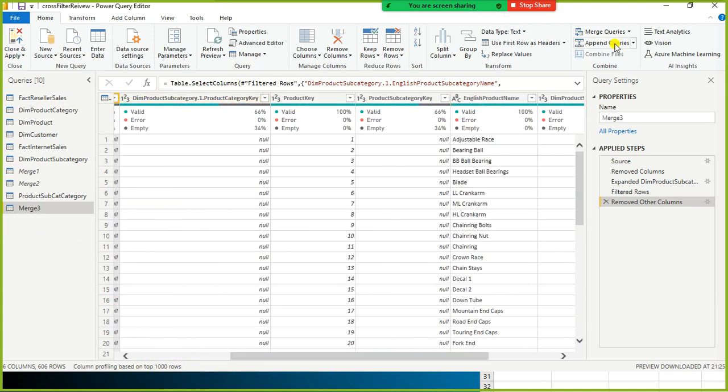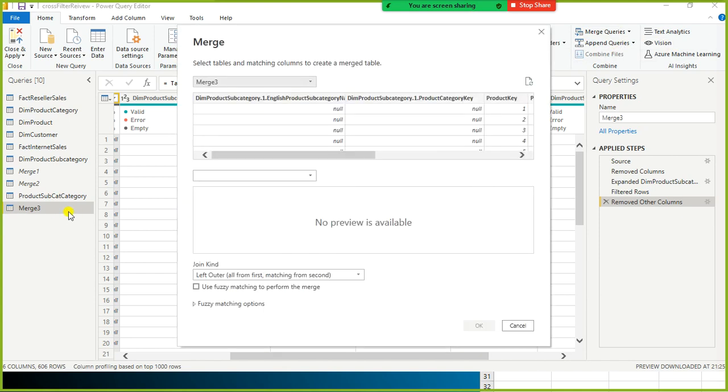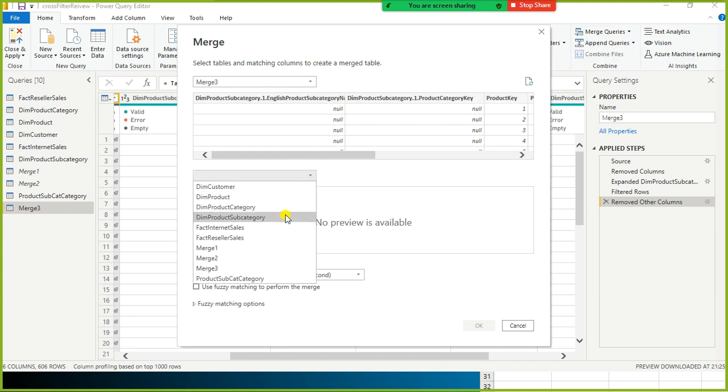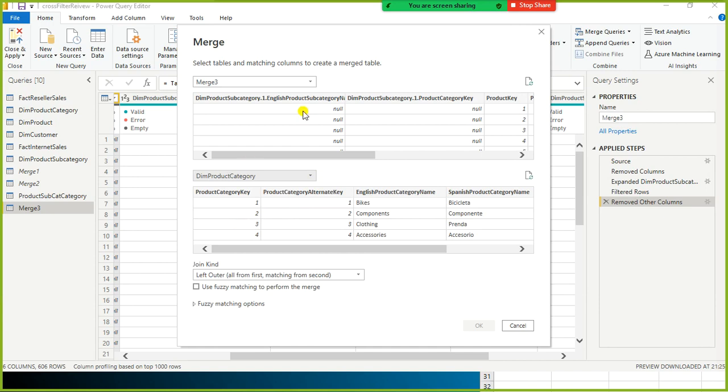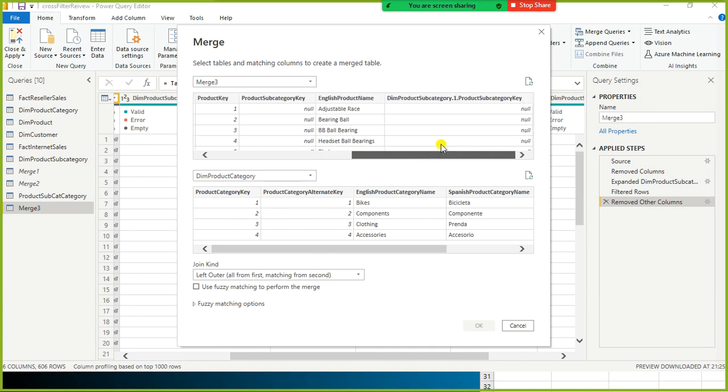Okay, so now I go to merge queries as new. Now I do a left join of this merge 3 with dim product category. So what is the common column between these two? The product category key.